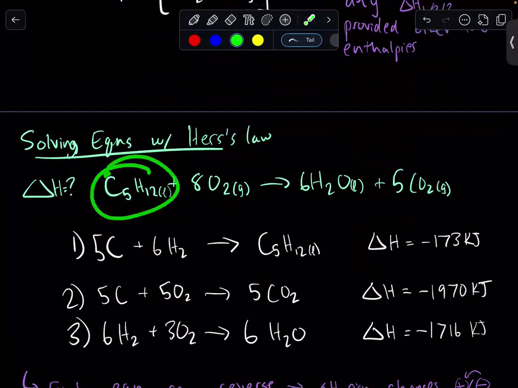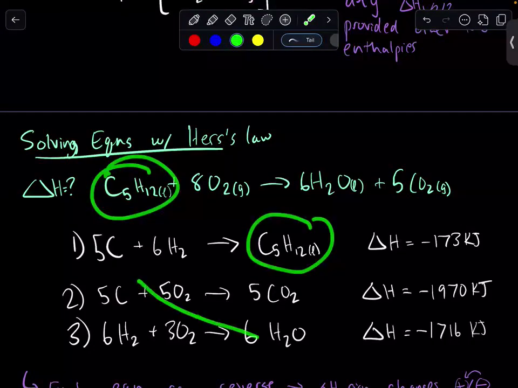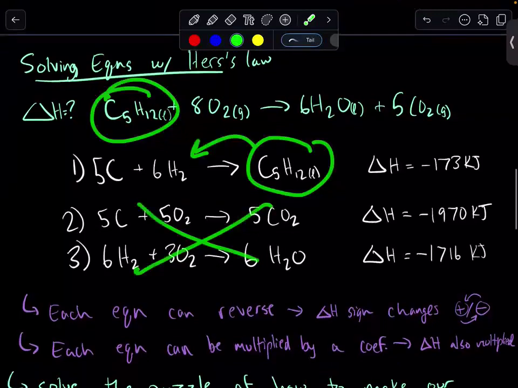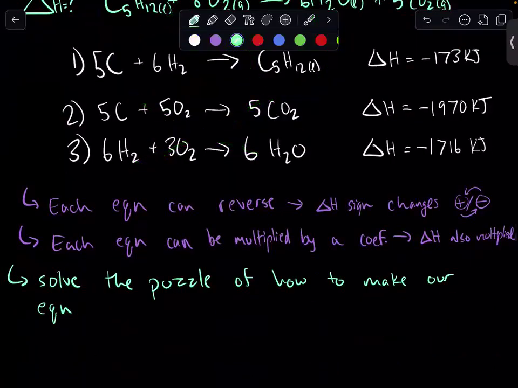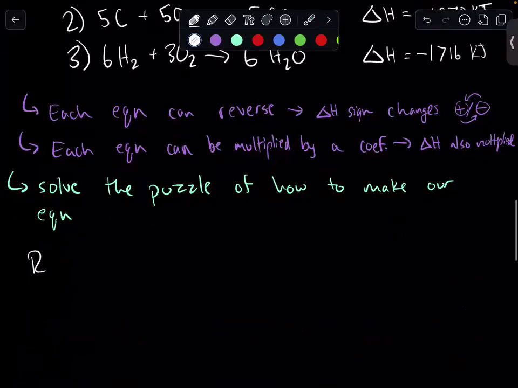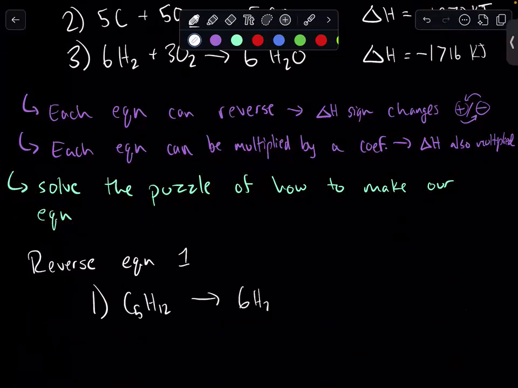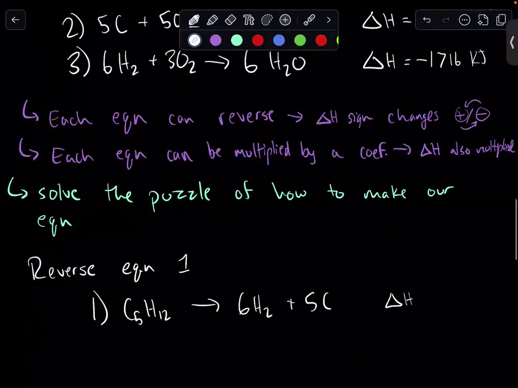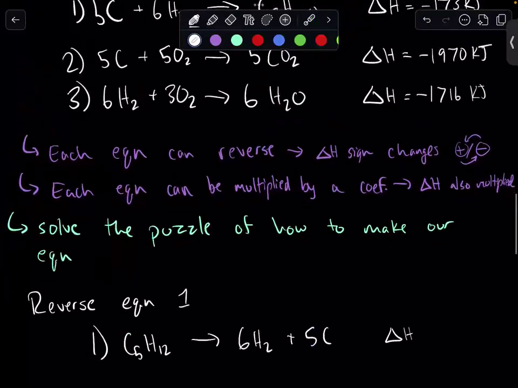So we have pentane on the reactant side, and the only place pentane shows up is the product side. So what we're going to do is reverse equation one. That's going to create a new one. One now reads C5H12 reacts to produce 6H2 plus 5C, and the delta H of it is now positive